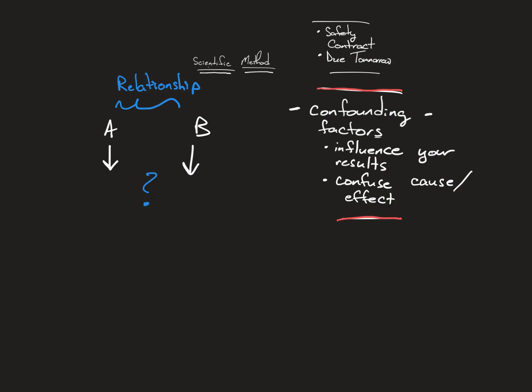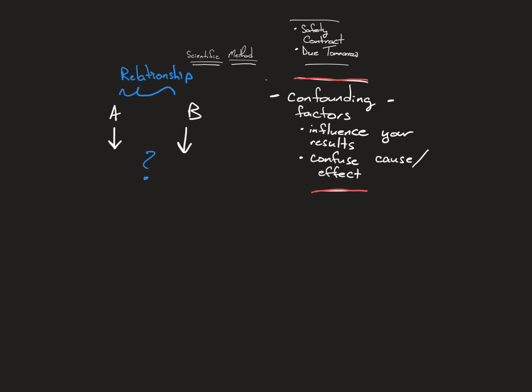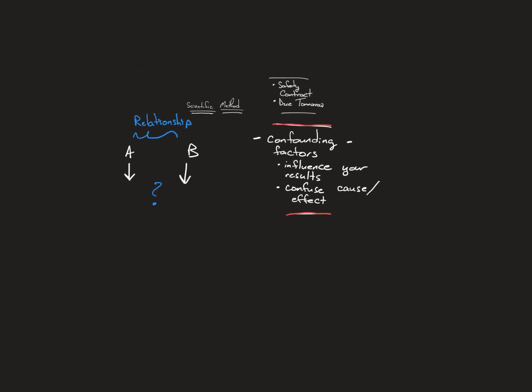So what does that mean? You tell me, what does that mean? What do we have to do if we're going to try to find a relationship between two variables and try to filter out any confounding factors, any factors that might confuse us? What might we have to do? Yeah? Similarities and differences, we're looking for patterns. That's what we're looking for, so that's not a bad answer. It's not answering the question I'm asking, but it's not a bad answer.